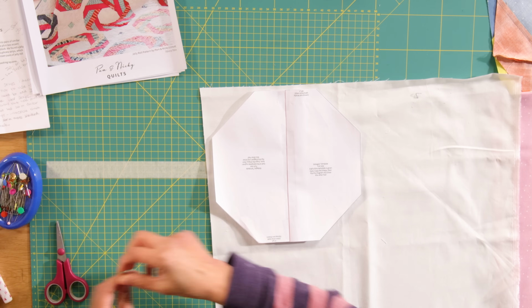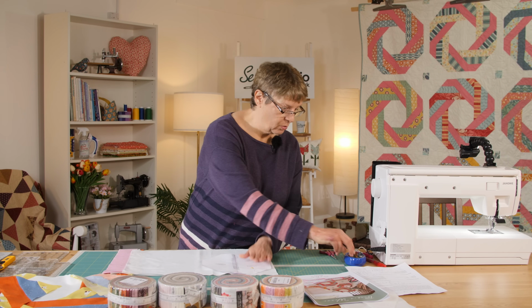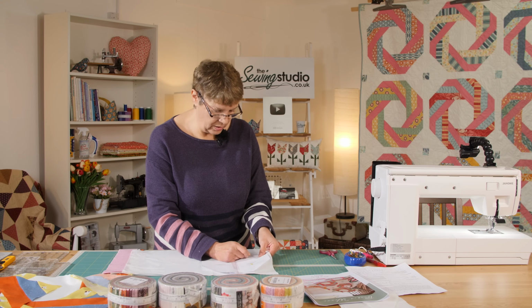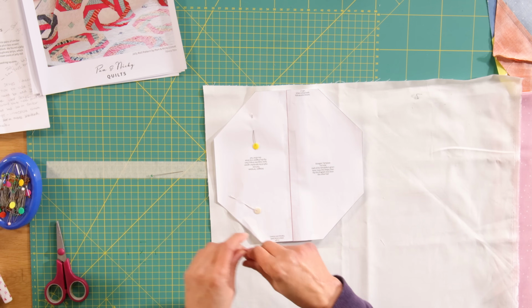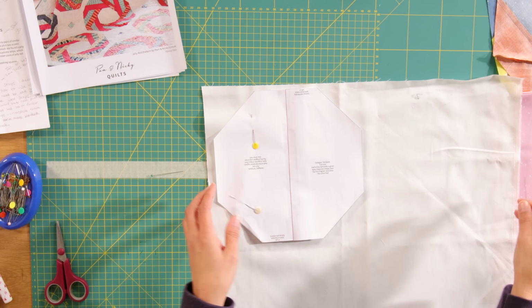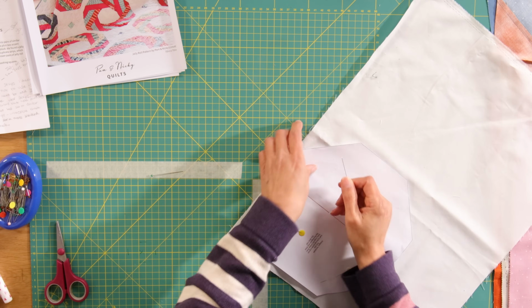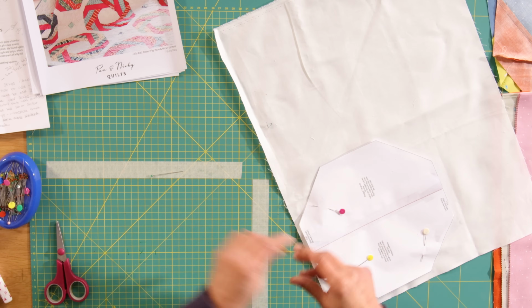As I said, you can do it with a rotary cutter, you can do it with scissors. I would suggest rotary cutter. You can always be a little bit more accurate with a rotary cutter than you can with scissors. But top tip again is, if you're not sure, overcut it, because you can always trim it back a little bit rather than finding you've undercut it and now your shape is too small. So I tended to just pin that one